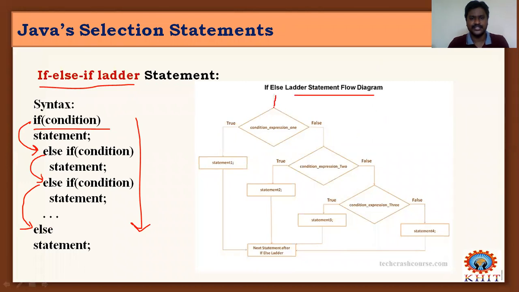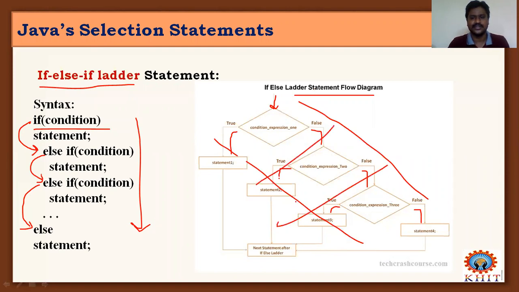When one condition is true, it goes to the true-based statement or the false statement. Again we have a true condition and a false condition, and a true condition and a false condition, like that. And finally we get this if else ladder. So this is considered an if else ladder. And again we can have an inner if condition, inner if else, like that.